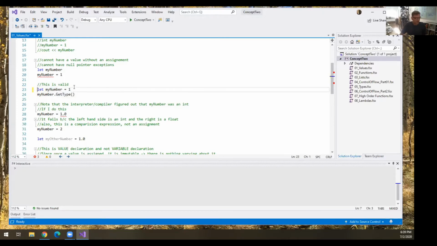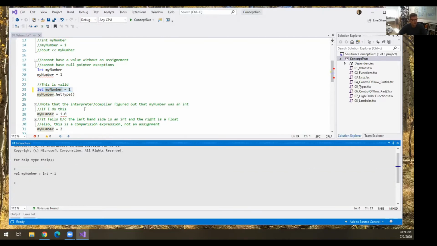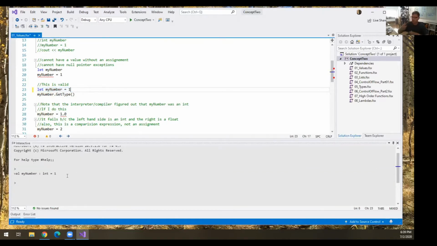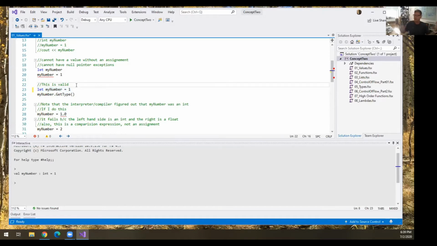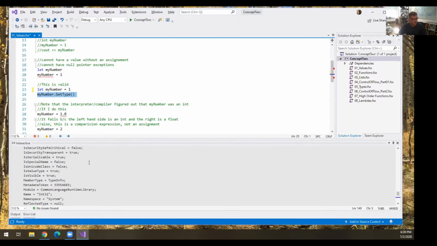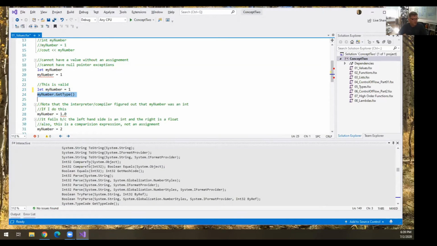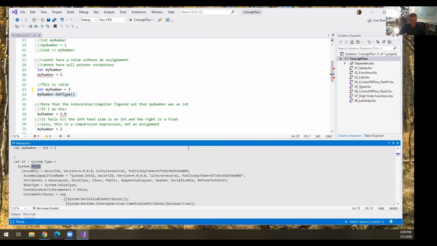And so, yeah, if I highlight this and run it, and I'm running this by hitting Alt-Enter, excuse me, you can see this F# interaction down below. That's the results of every line of code I run. That's part of the REPL, read, evaluate, print. That's the print, and then we loop back. You can see that it says, okay, I've got a value type of my number, and it's an integer, and it equals number 1. It's almost like I've created a synonym. My number and 1 are now inevitably joined. And if I run the next line, which is line 24, and I hit Alt-Enter, it's going to tell me a whole bunch of stuff about int32, because that's the type it is.